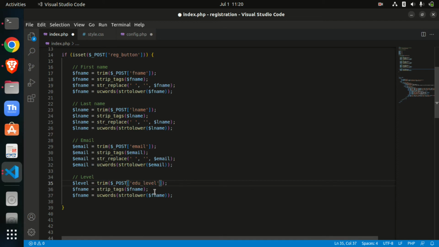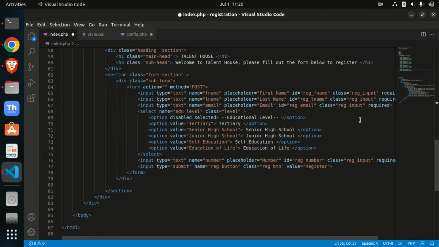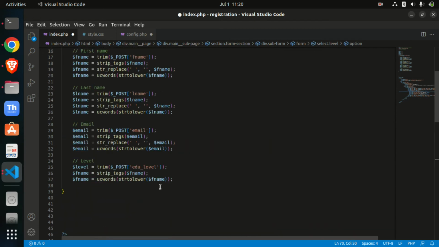So here, if you check here, we have what we call edu level. The name here is edu level. So it says, oh, okay, this is the name you gave me. So we are going to pick the value from edu level. And so when we pick that value, we assign it the word